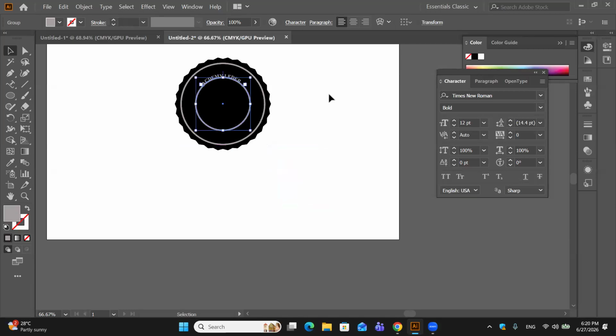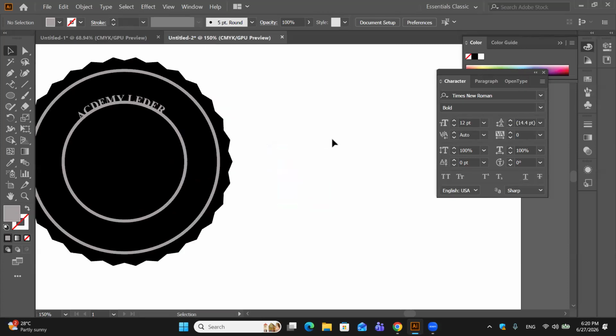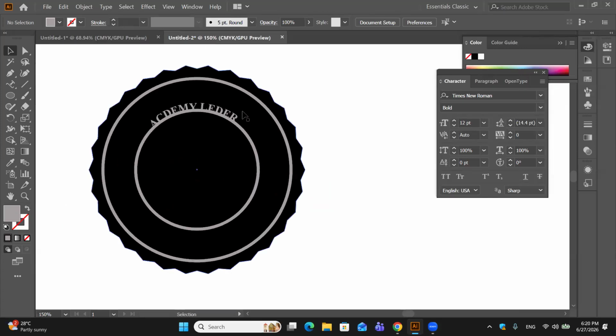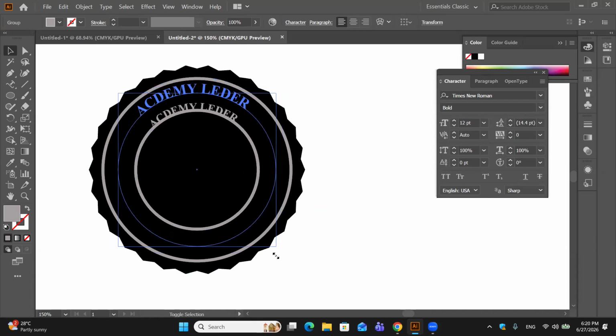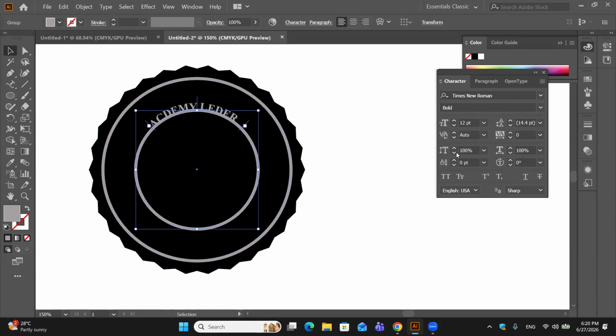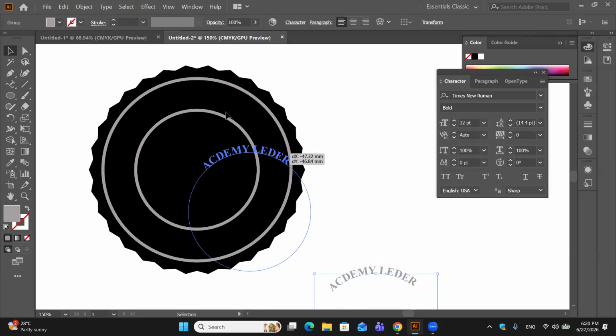the same circle. It intersects. Okay. Now the interesting part comes here. Now I want this academy leader in center. So what can we do? If I increase the size, like shift and alt, it will increase the font size also. I don't want that. So what we can do is,